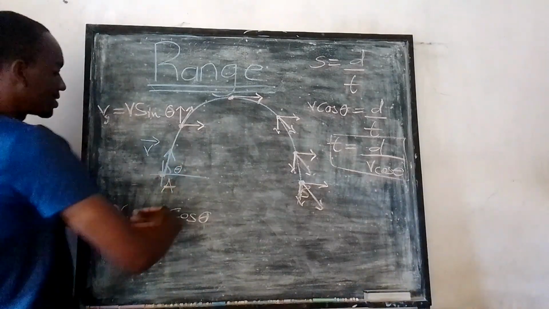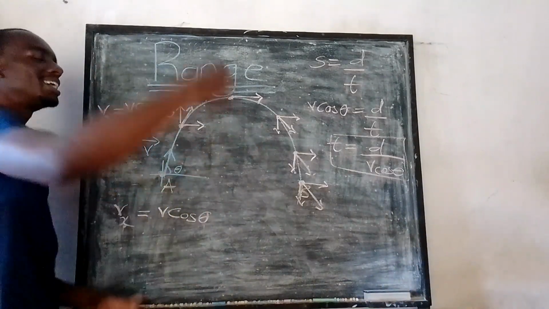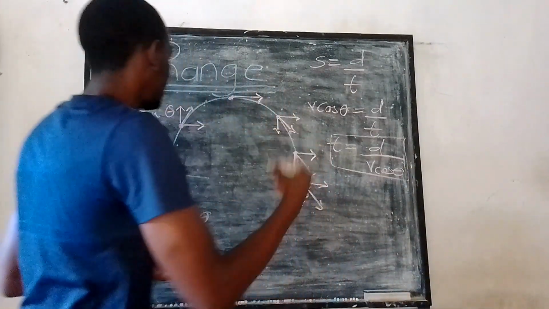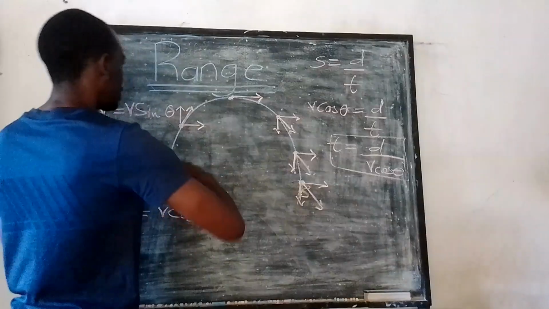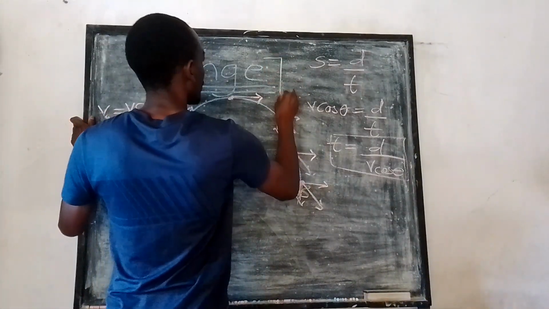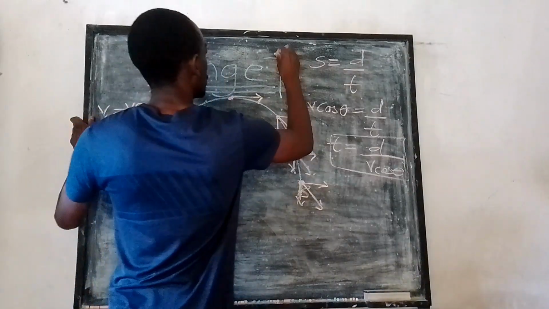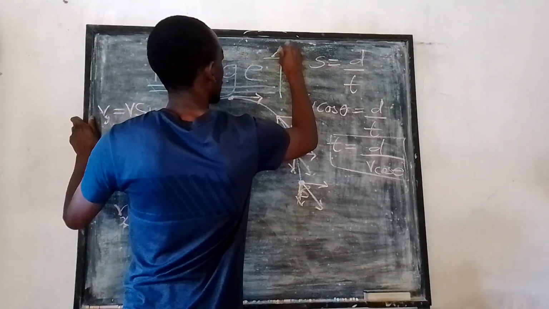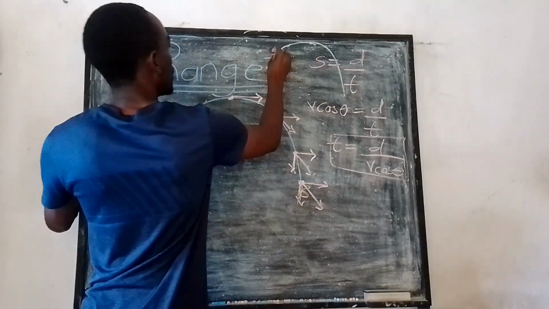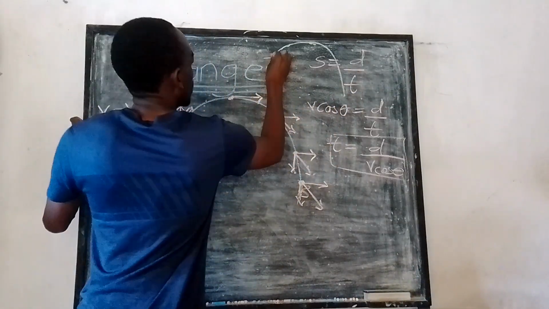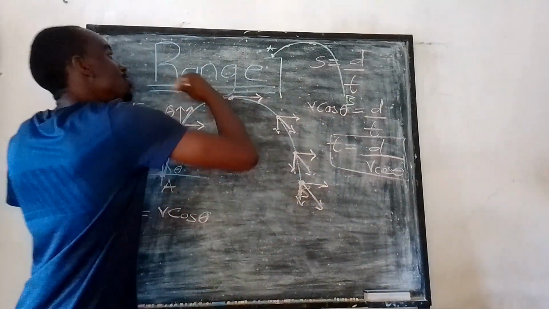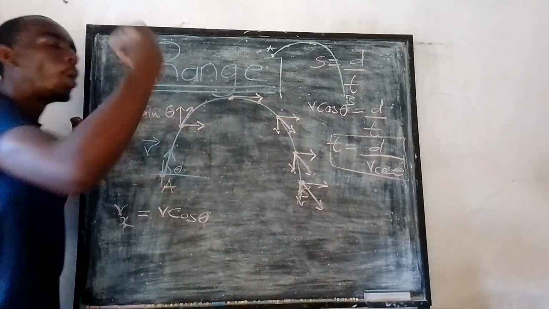Now, in this case, it's v cos theta, but it's always the case, no matter the shape of the trajectory, whether your trajectory is a perfect parabola like this, or whether you have a cliff, and your projectile has been launched from this point and follows this path, which is a semi-parabola, moving from this point A up to this point B, the horizontal velocity will always be